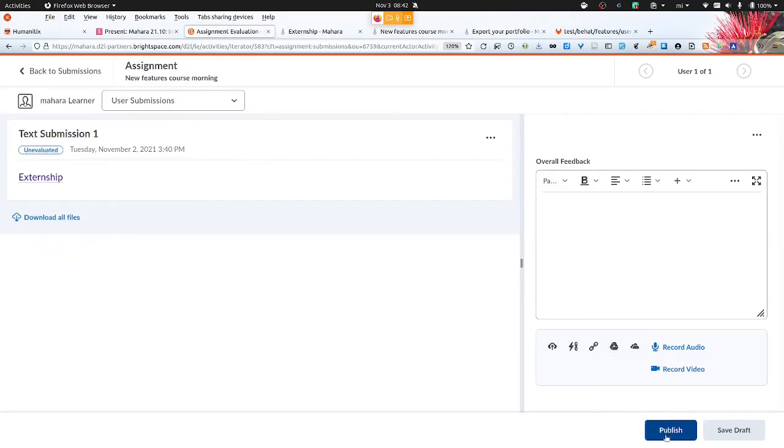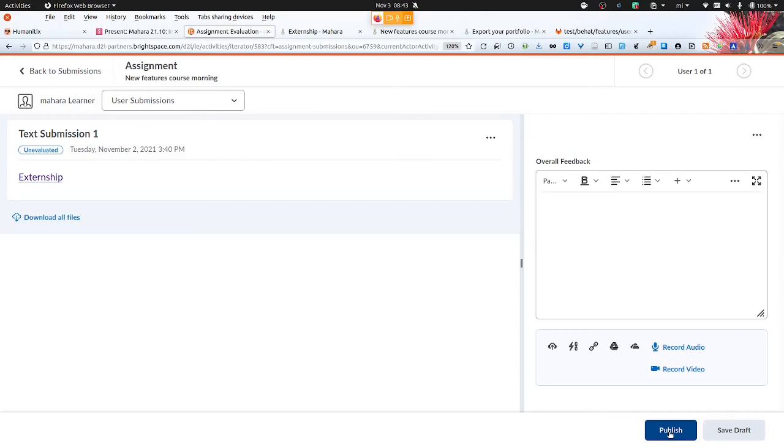So the grading in this case on the Brightspace end is completely independent from Mahara, because if we had wanted to put that together, that would have required changes to Brightspace, because then we would have needed to tie in with that publish button, and that was out of scope for this project.